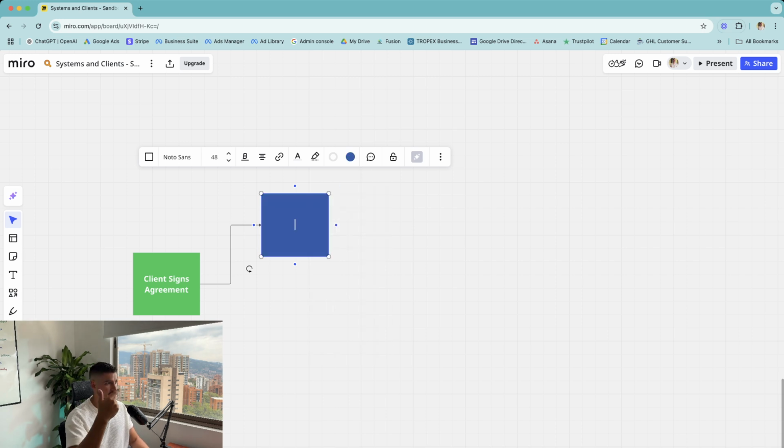Okay, so this is the highly automated path on the top. This is going to be the easy stuff. Like if they sign their agreement, you already have their email, right? Because they signed their agreement. So you have their email, you have their name, maybe phone number. So what's some easy things we can do? Well, we can give them access. If you have a course like a school community, Kajabi, or Go High Level, then we can give them access. So grant access to course